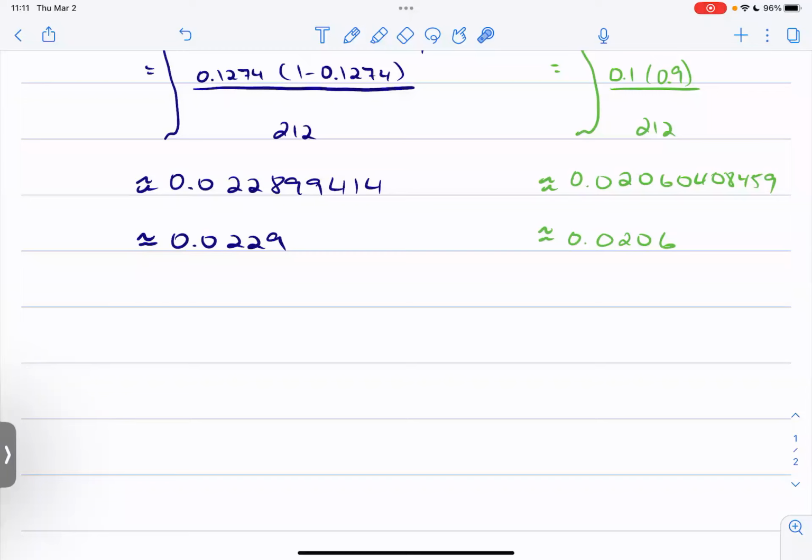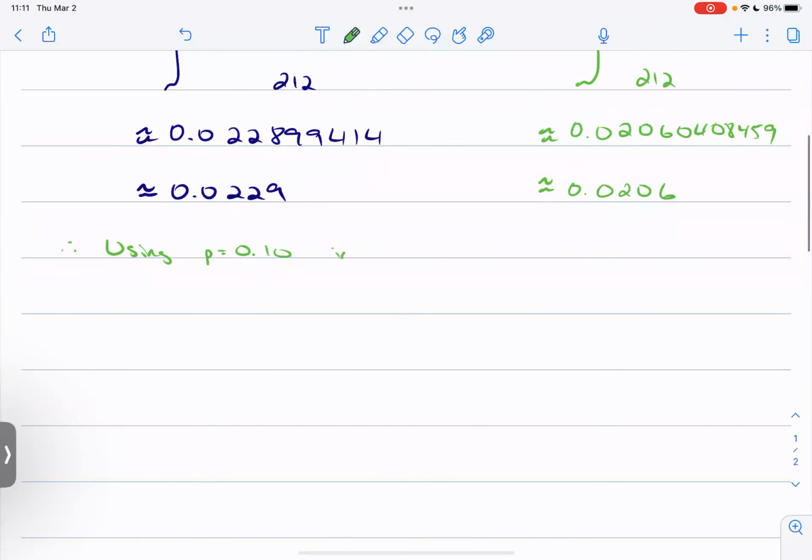And so here, right? Therefore, using P equal to 0.10 instead of,